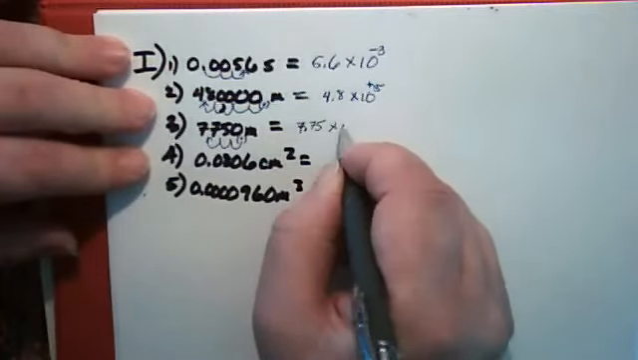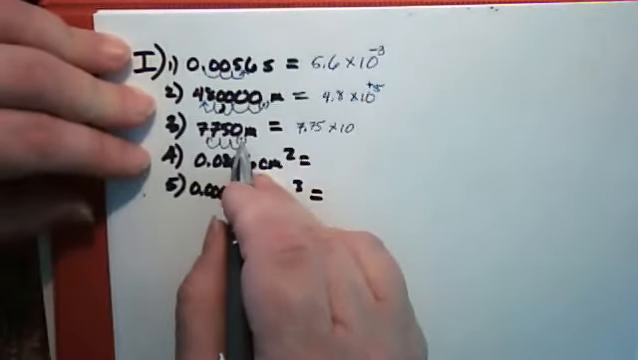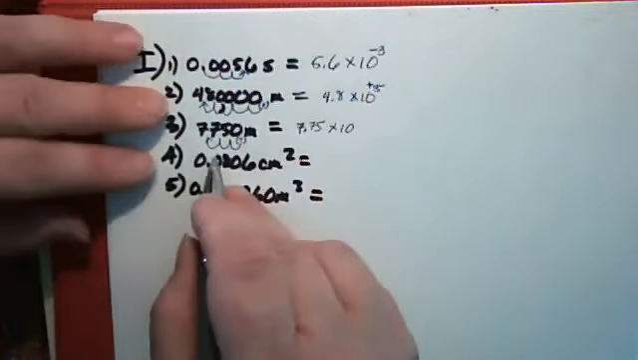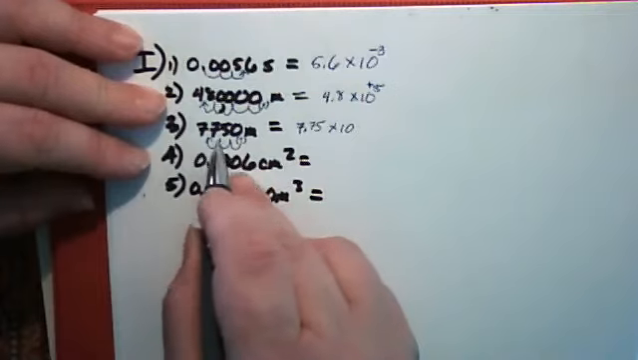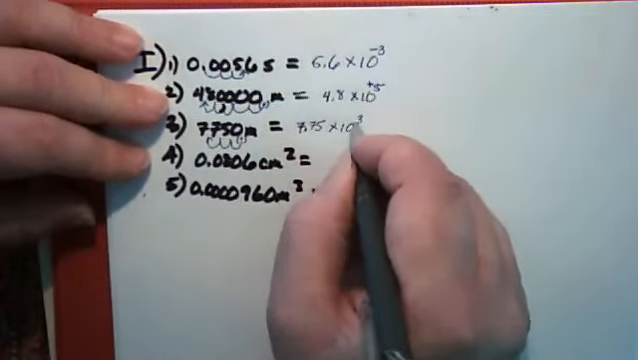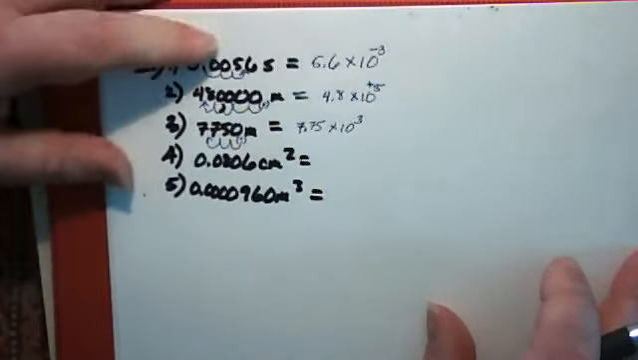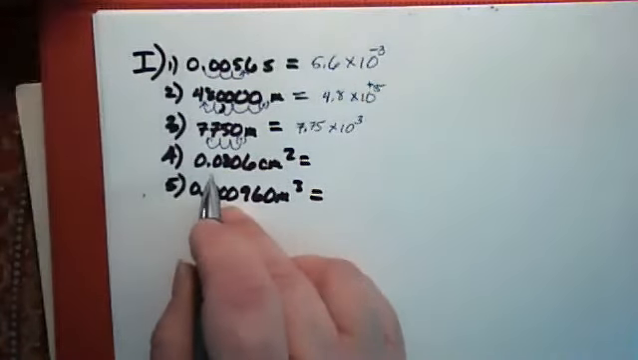Okay, then we need the power of 10. This is a big number, so it's going to be positive. Also, moving the decimal point makes the number smaller, so that also tells you that the exponent's going to be positive. And we moved the decimal 3 spaces, so the power is going to be positive 3. 7.75 times 10 to the third. Coming to the next one,